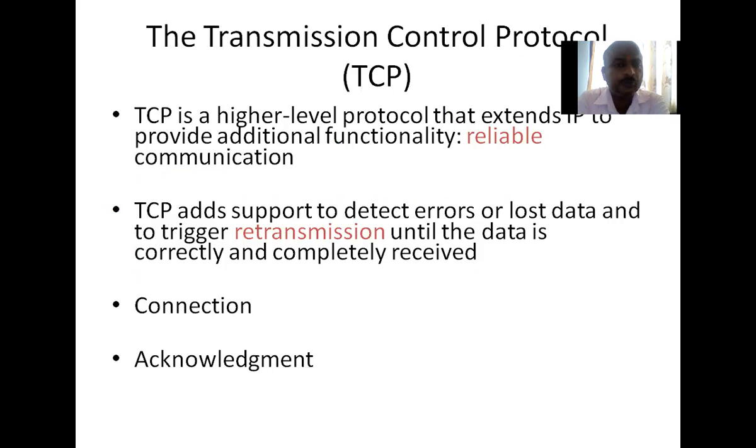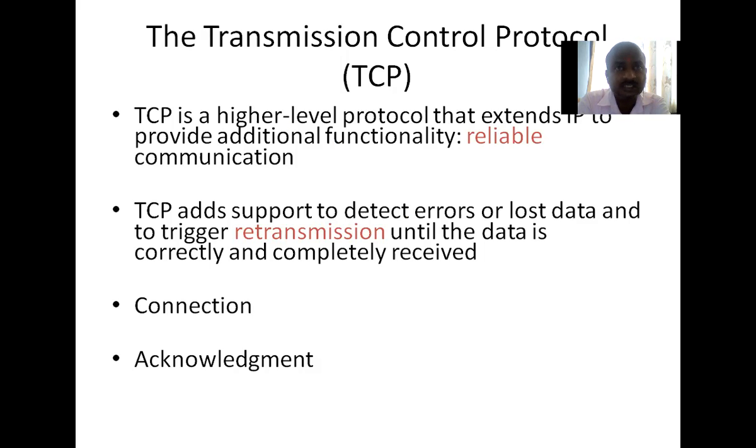Second is transmission control protocol, that is TCP. It is a higher level protocol which extends IP to provide additional functionality, that is reliable communication. So this is an advantage over the internet protocol. TCP adds support to detect errors or lost data and triggers retransmission until data is correctly and completely received.